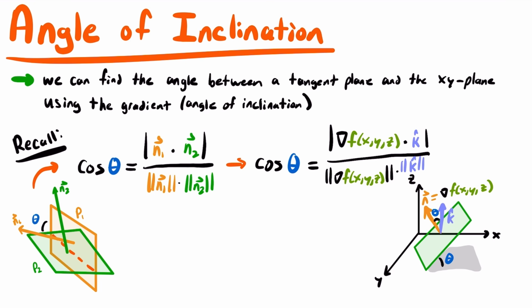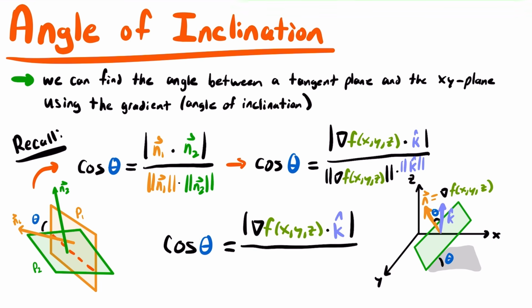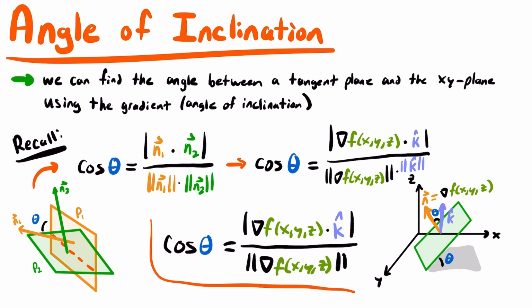So our final formula here would be cosine of the angle of inclination is equal to the absolute value of the gradient vector dot product with vector k, and that's divided by the magnitude of the gradient vector. So the magnitude of del f of x, y, z. Okay, so that right there is the formula to find the angle of inclination between a tangent plane and the